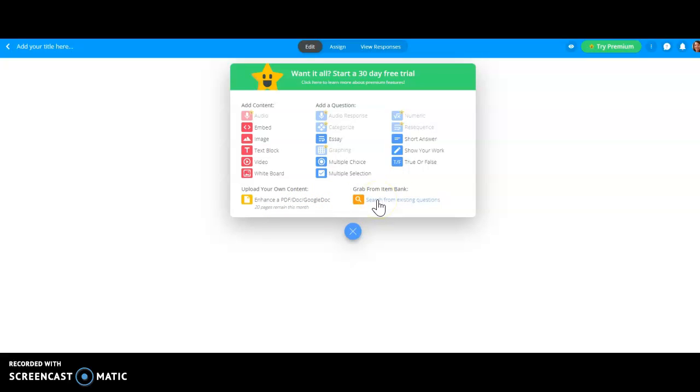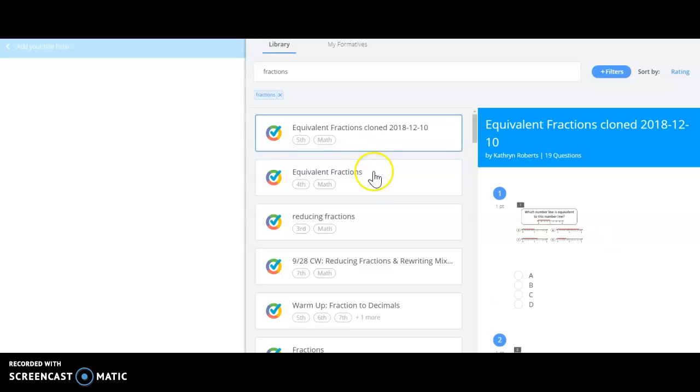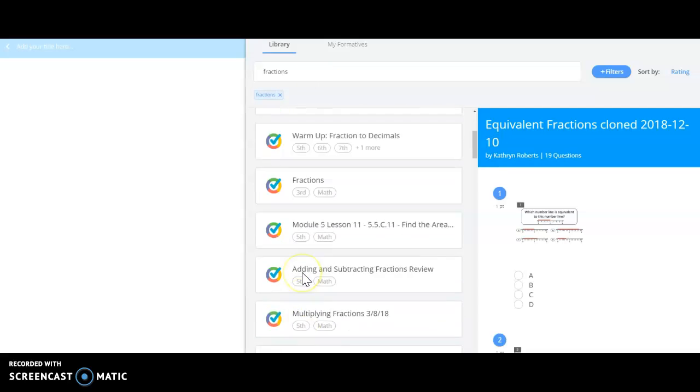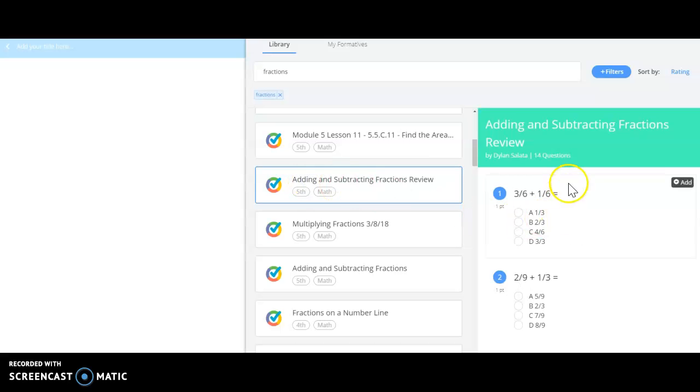Instead, I'm sick, I have the flu. I'm going to pick one from somebody's that's already in the data bank. And like I said, this is the free version. So I've put in the search word fractions so I can see what grades this is for. I'm going to pick 5th grade. I'm going to scroll through there so I can click on this assessment and I'm going to see the questions